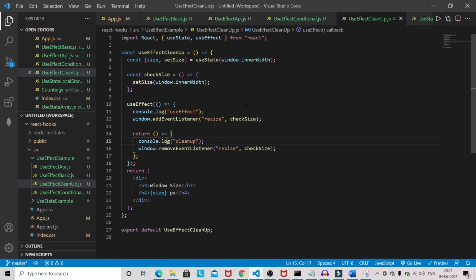And at last we saw the cleanup functionality, how you can implement it with useEffect. So for now we can mimic componentDidMount, componentDidUpdate, and componentWillUnmount. These 3 life cycles we can mimic with the useEffect hook.